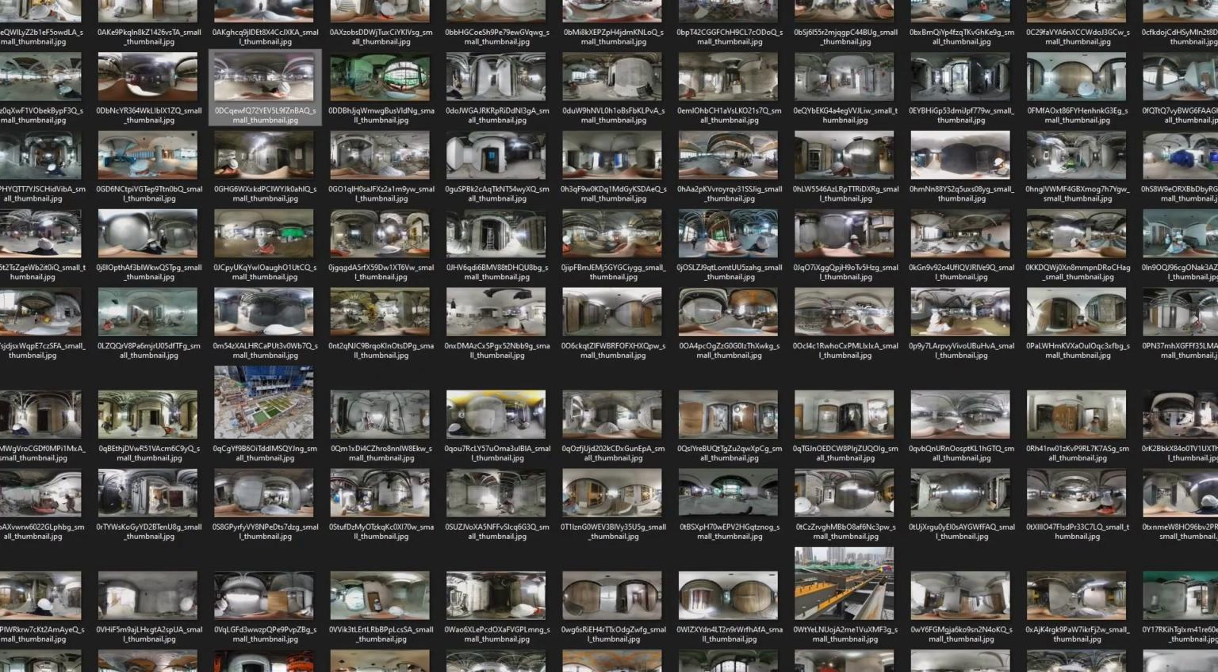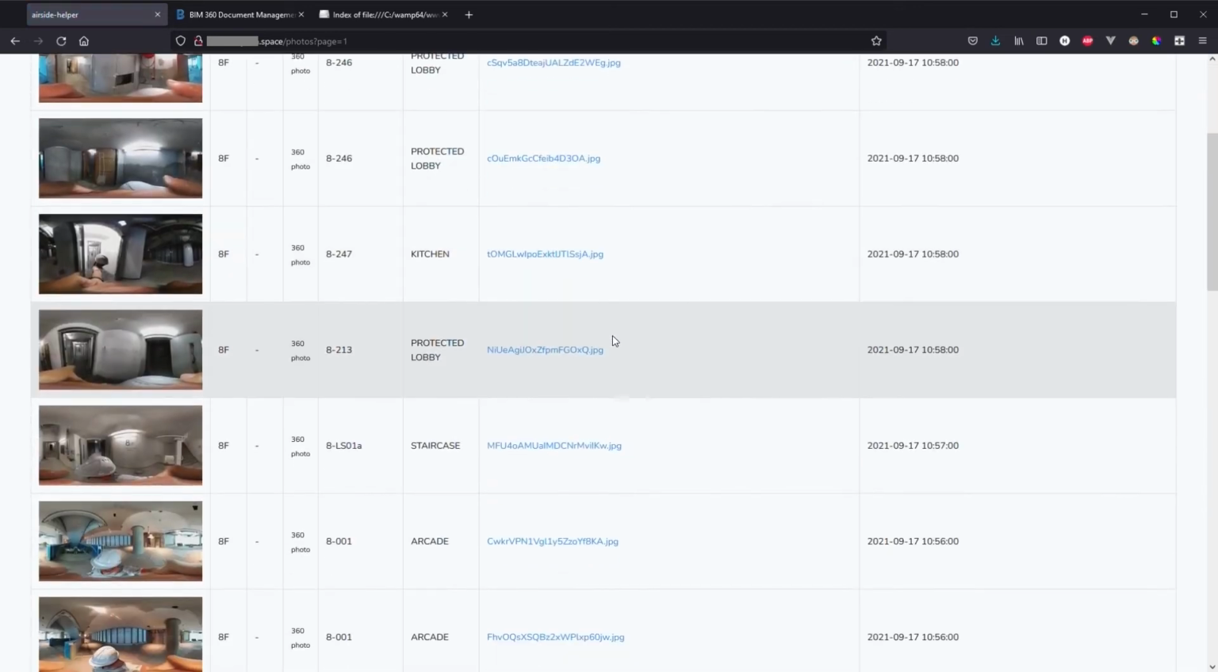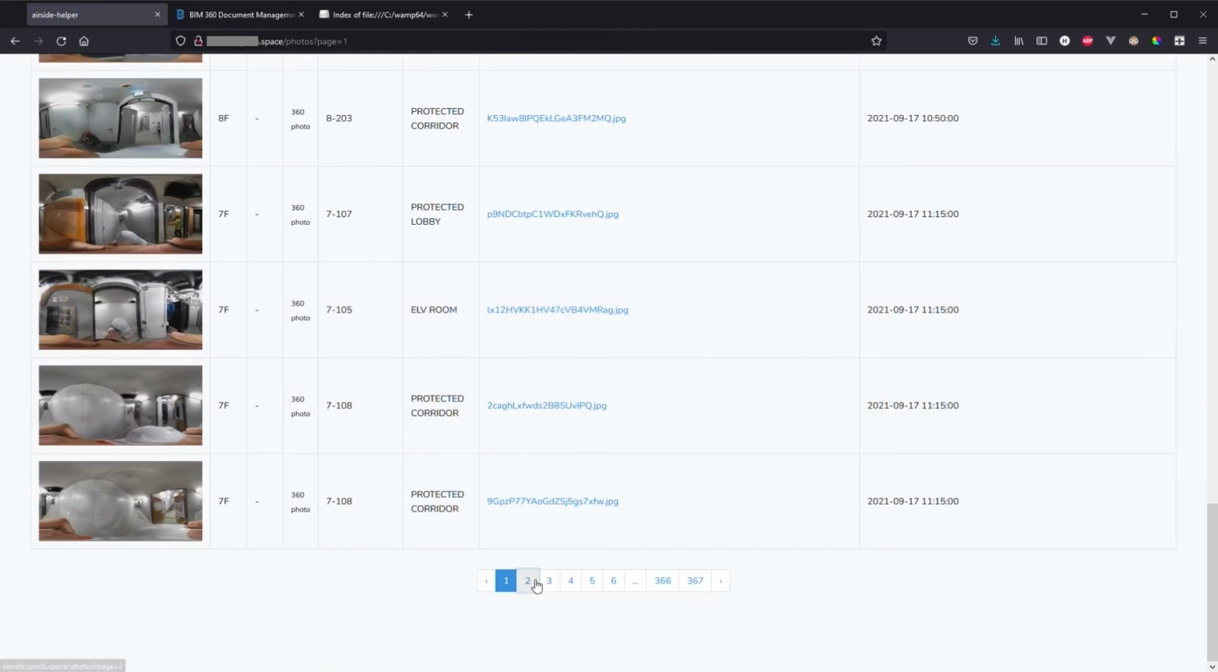Now let's talk about something more visual and interesting. We've been collecting 360 photos and also, of course, standard photos on site to record site progress. And these 360 photos are mostly captured using Dalux, but of course, we can just add 360 photos directly to Airside Helper. We have a standard table format photo register and gallery type pages for browsing photos, but all photos